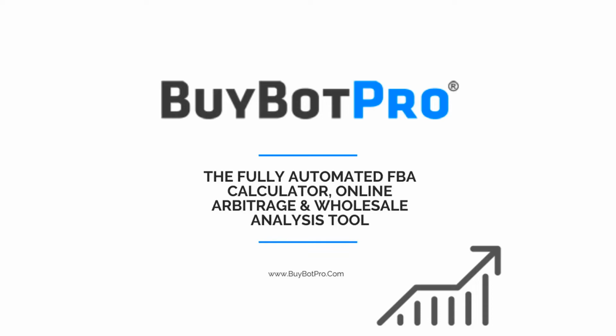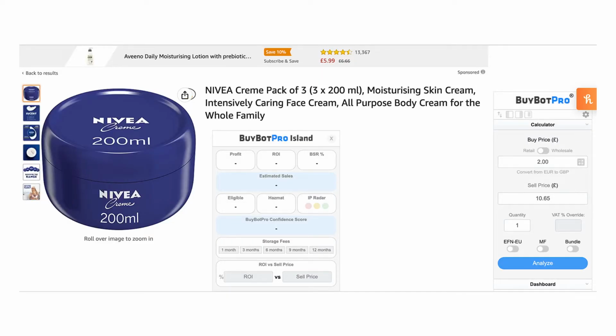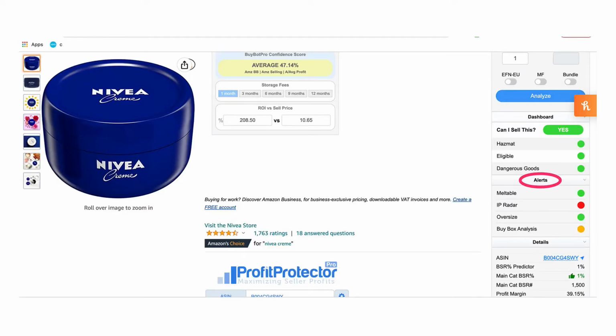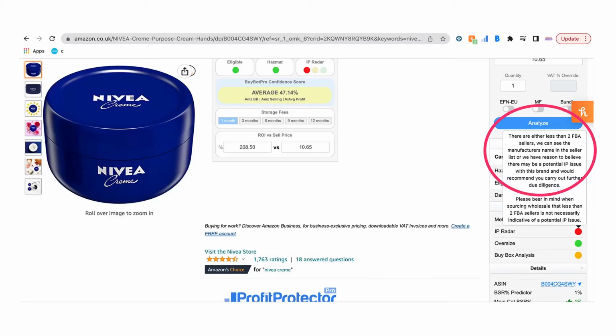So when I'm sourcing my products and analysing my deals, I use a software called BuyBot Pro. And one of the great features within this is the IP alert. So I'll just show you on this one item I've been looking at. If we analyse a deal, we can check the alerts and we can see on this particular product that the IP radar is showing as red. We know from this that Nivea are known to protect that brand,